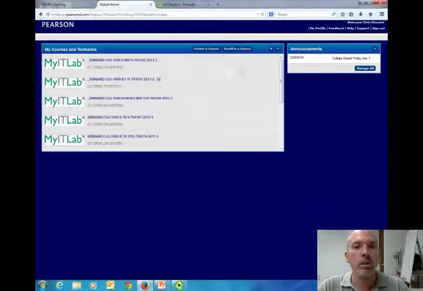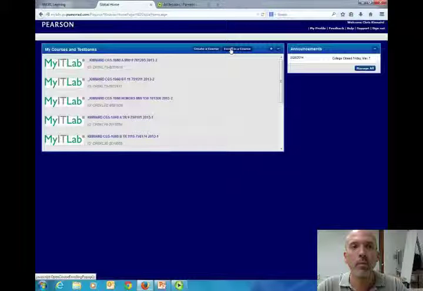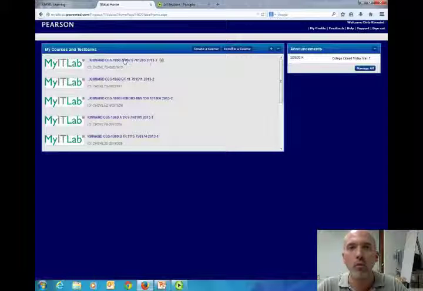So when you log in as a student, you're going to need to first create an account, and once you've done that, you are going to enroll in a course. I'm in the instructor portal, so I have other features available. Students would enroll in a course, and I will be sending out a syllabus which will have the particular course ID. So once you've accessed my email and gotten the course ID, you'll be able to go in and enroll in a course, type in the course ID, and then you would see my course listed here in this dashboard.